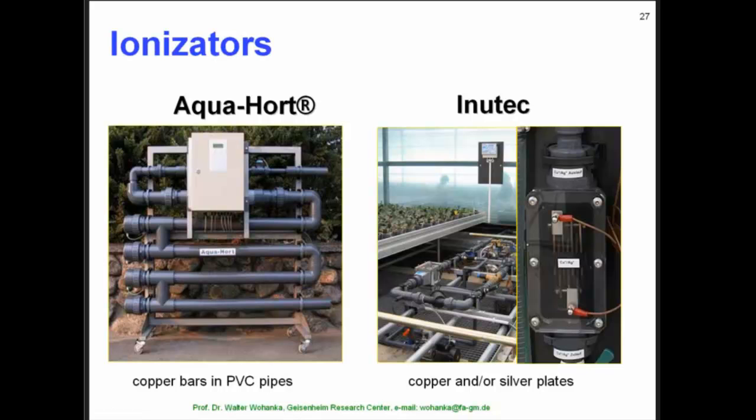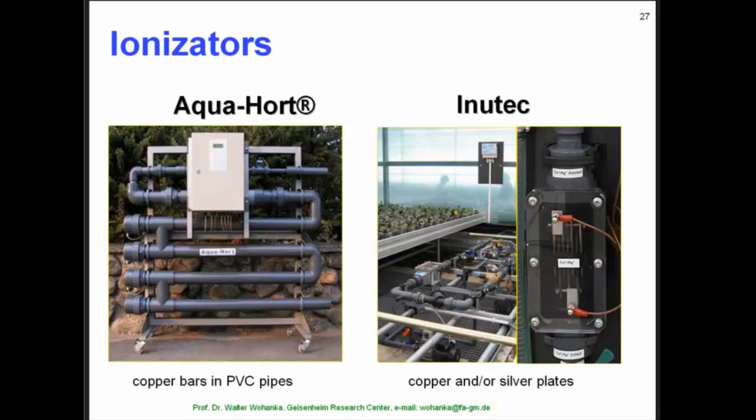Very important, the Aqua Hort system is, to my knowledge, the only one able to automatically adjust the copper concentration at varying water flow or at varying electric conductivity. This is really a very important point for practical use in horticulture, where, of course, we have varying EC values,